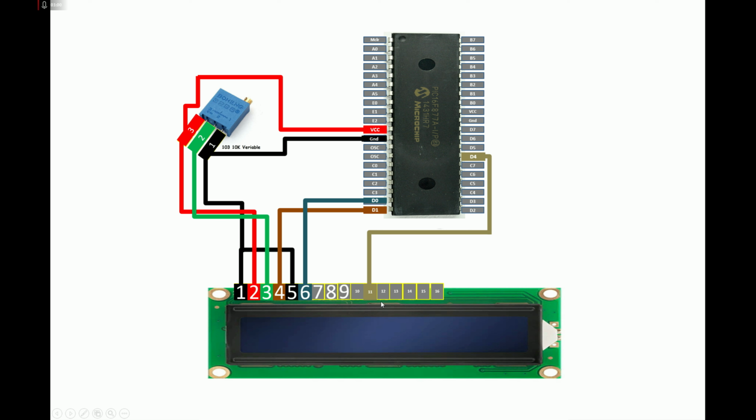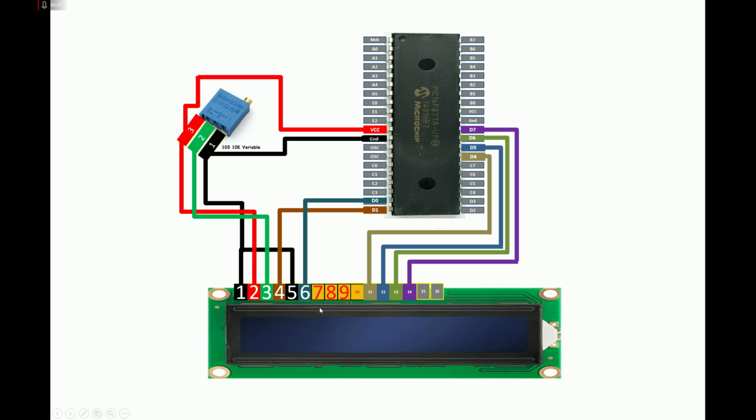For pin number 12, that is data pin 5 of the LCD, I connected to the D5 of the PIC. Data pin 6 of the LCD, that is pin number 13, goes to port D, pin 6 of the PIC. And for the data pin 7 of the LCD, I connected to the port D, pin 7 of my PIC like this. Now guys, these 4 pins, pin number 7, 8, 9, 10 correspond to data pin 0, 1, 2